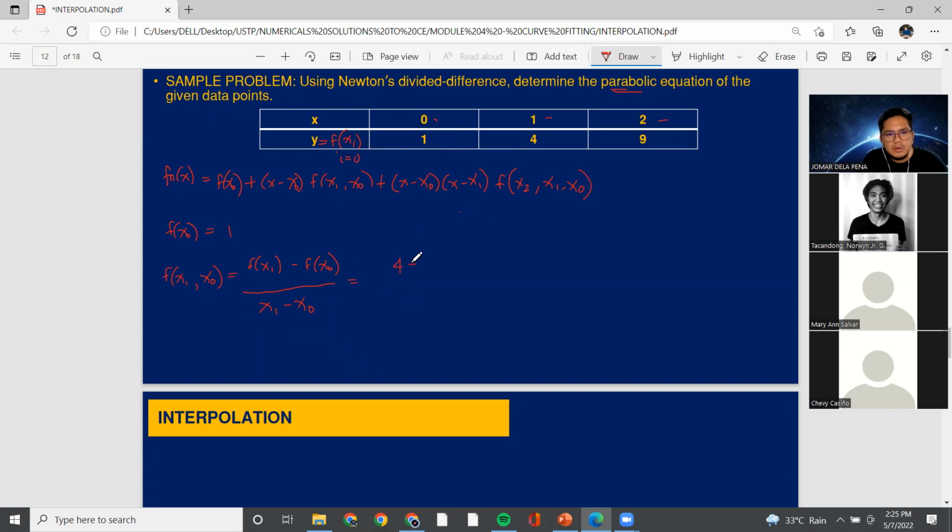So 4 minus 1 over 1 minus 0. So equal to 3. Okay? If na kaliggan, raise lang dito sa question na. So next is you have the function of x sub 2, x sub 1, and x sub o is equal to